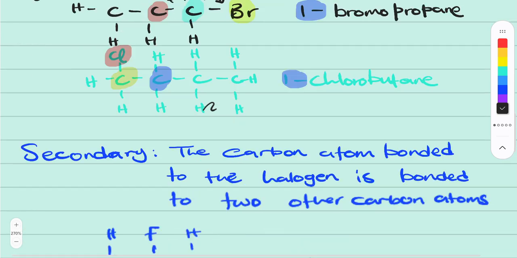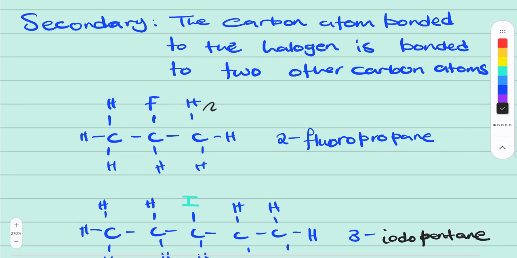And now when you go to your secondary haloalkanes, it is when the carbon atom bonded to the halogen is bonded to two other carbon atoms. So now let us have this. Here we have this fluorine over here. This fluorine is bonded to a carbon that is bonded to how many other carbon atoms? It is bonded to two other carbon atoms, as we can see, and then it is 2-fluoro